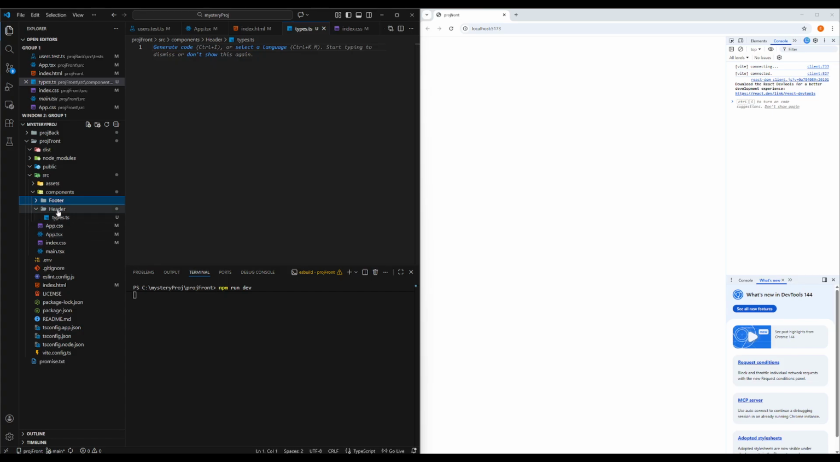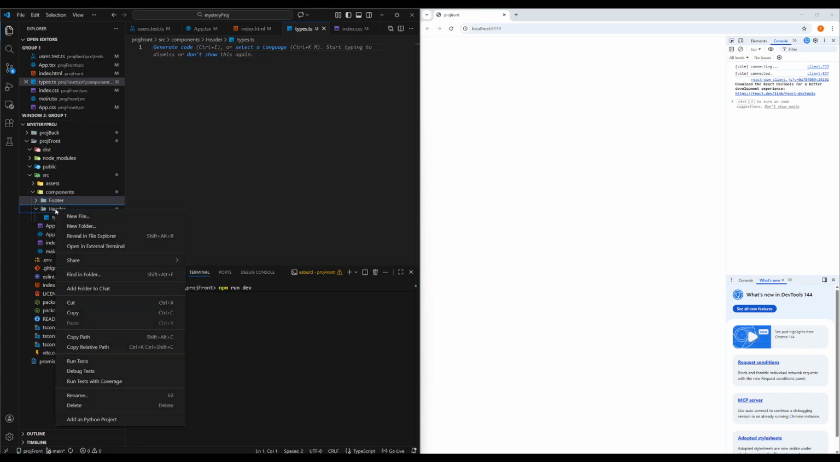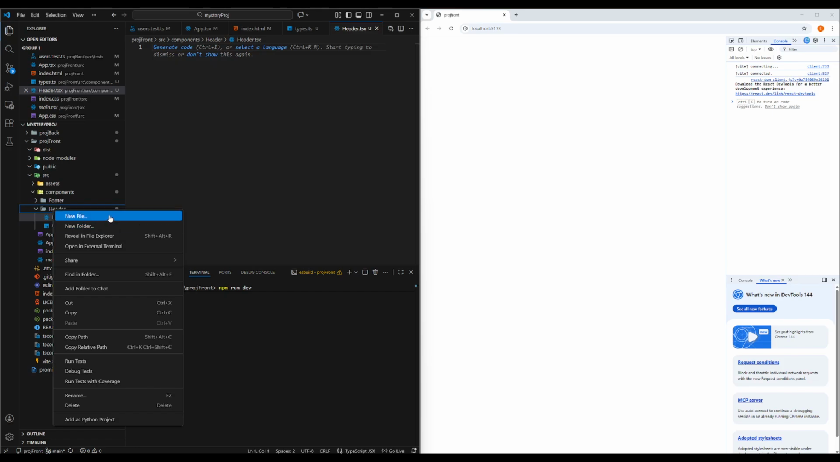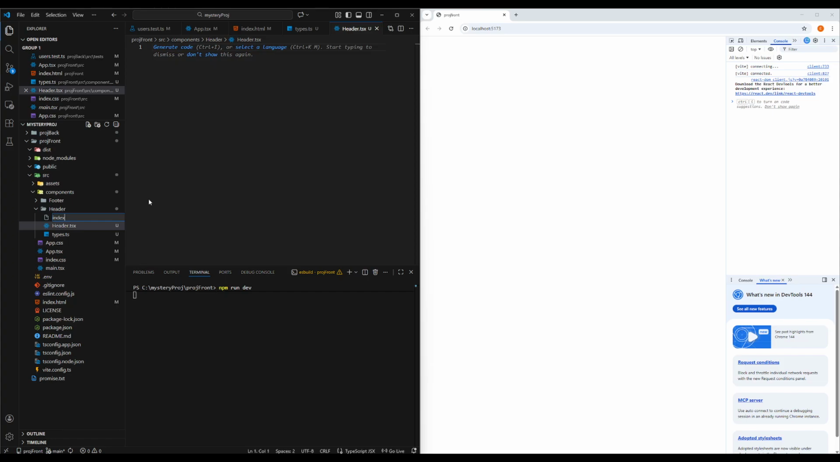Okay, so types. I'm going to create a new file, header.ts, and we're going to create a new file index.ts. Okay, in types,